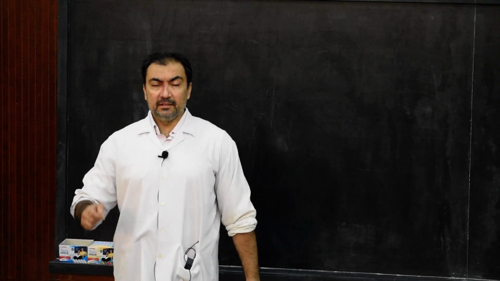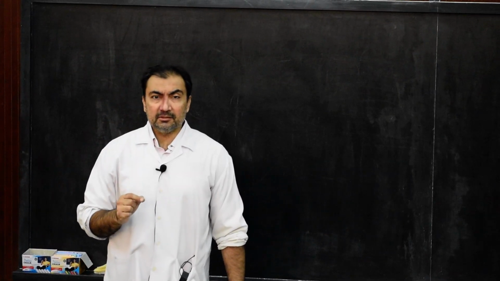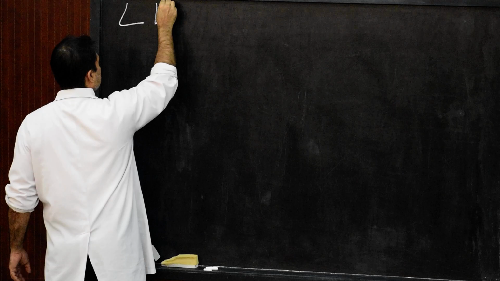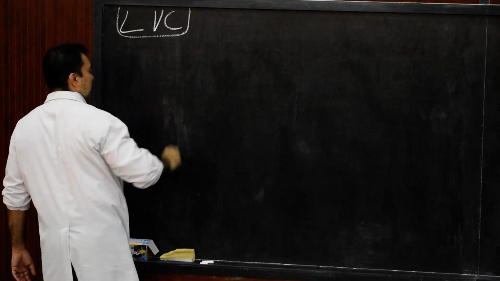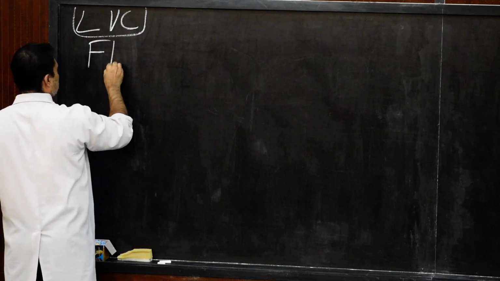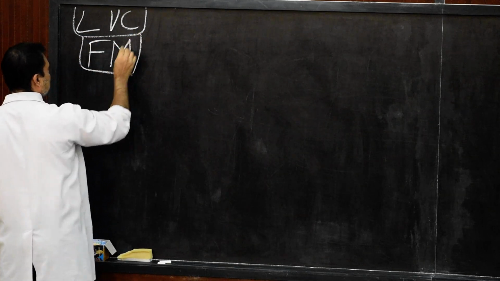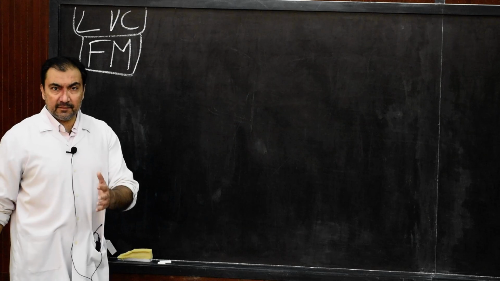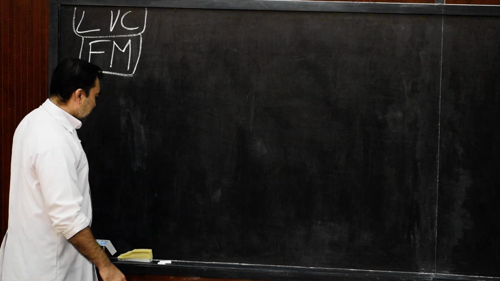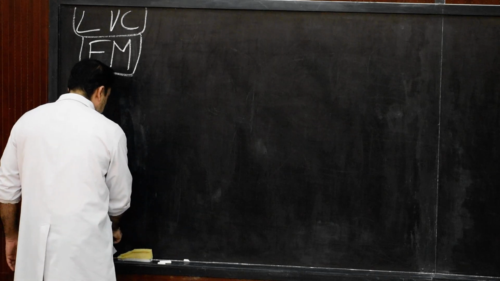Good morning, students. Here we start with the gross anatomy of the pericardium, part 3, in which we are going to discuss the ligament of vena cava, also known as the fold of Marshall. So either it is the ligament of left vena cava or ligament of vena cava, or it is called the fold of Marshall. Now here it is a fold of serous pericardium.